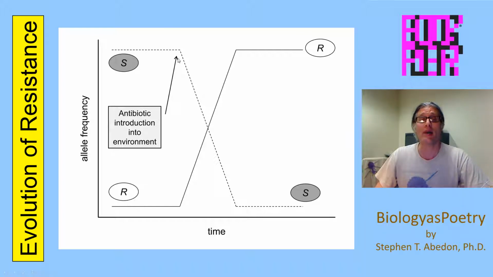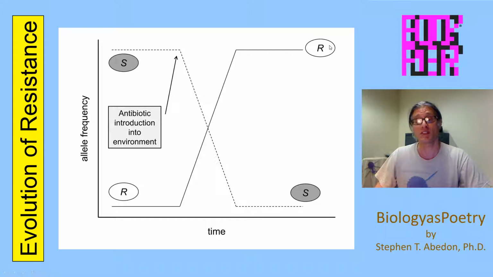You add to the population the antibiotic or whatever it is the population otherwise is sensitive to. The population crashes as a consequence, and coinciding with that crash is an increase in the frequency of whatever individuals are in that population that in fact are resistant to, in this case, the antibiotic. That frequency will increase until, in fact, given sufficient exposure to the antibiotic, the resistant allele will reach fixation or